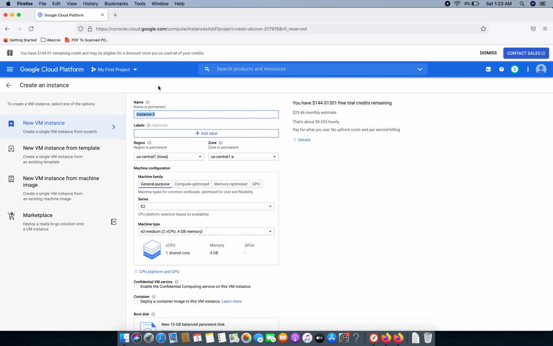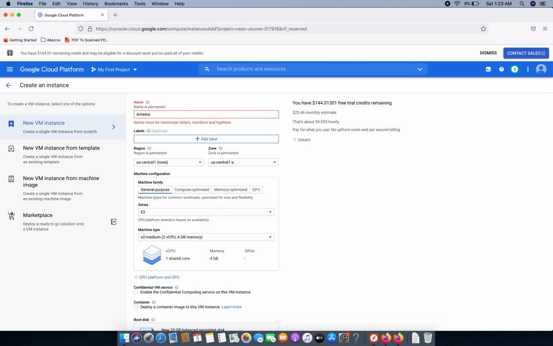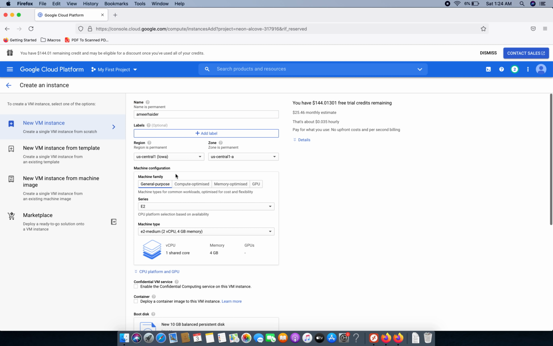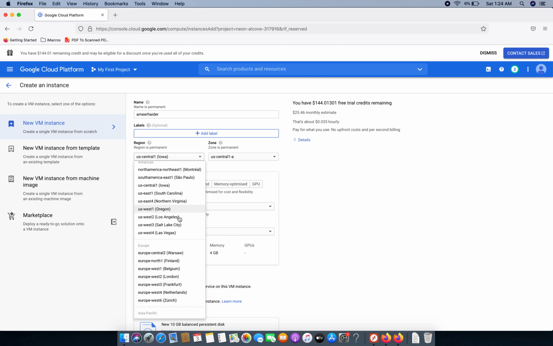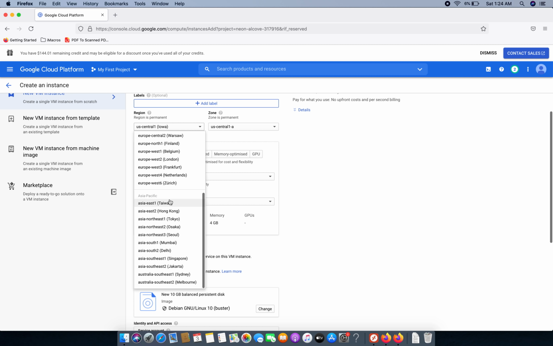Now here enter the name of the instance, just like my name is Amir. The name should be in lowercase, Amir Haider. And here select your region, just like I'm selecting Mumbai.